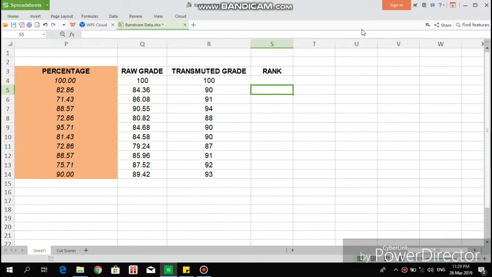And now to rank. So here in the rank column, we will use the rank function. We will not include the transmuted grade for the HPS because it would be included in the ranking if we did so. So put equal sign, then rank. Then click the first cell where you will start your rank, then put a comma, then start